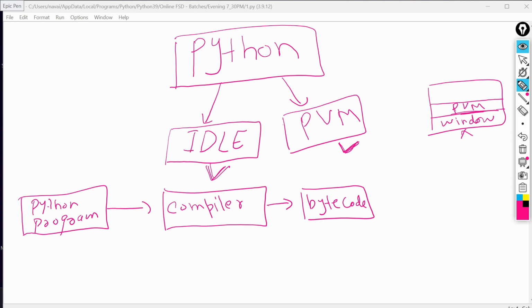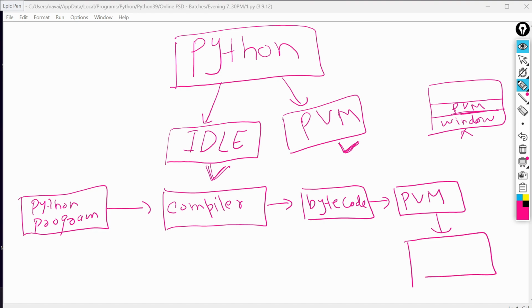This bytecode will be executed by the PVM, which is nothing but the Python Virtual Machine. And PVM will convert this bytecode into binary code.